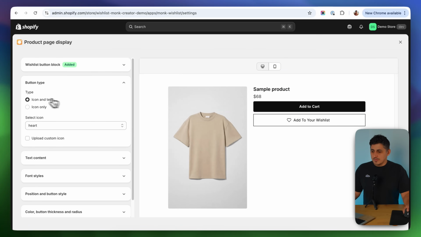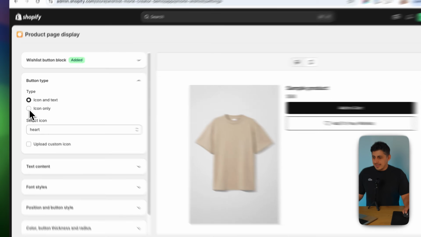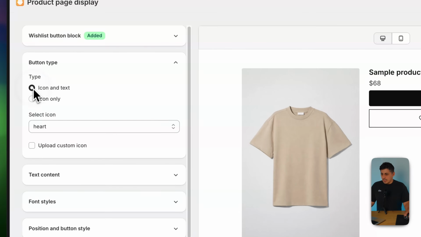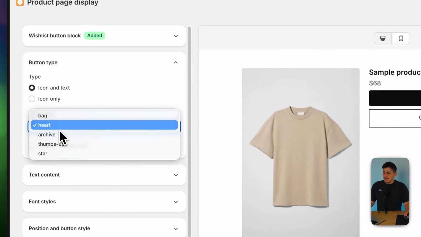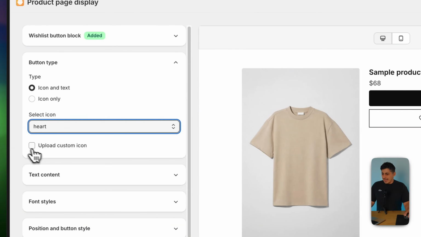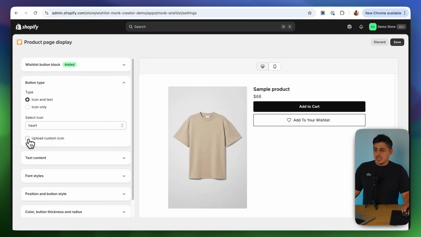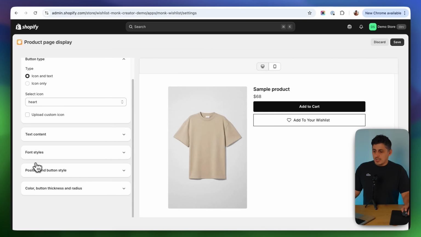And I have all sorts of settings in here. Like for example, I can just show the icon only right there if I don't like the button underneath. Then I can change the icon to be something else, or I can add my own custom icon right there. If I want to change the text, I can do it from over here. If I want to change the fonts, if I want to change the position. So there are a lot of settings that you can go through and make this wishlist button fit your branding